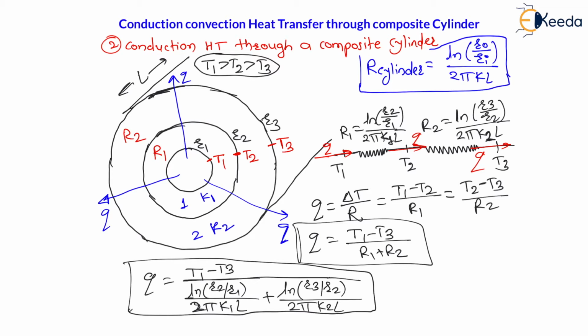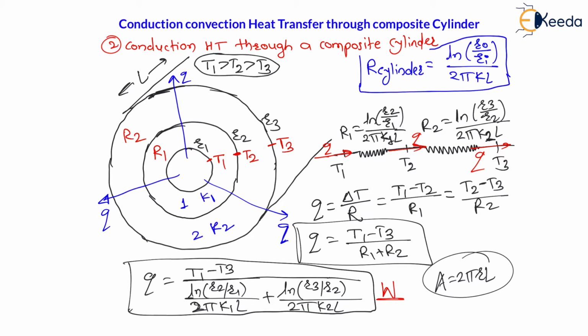Now, my dear students, in the case of a cylinder, there is no concept such as heat flux. Because as the location changes, the area changes; the area for the cylinder is nothing but 2 pi R L, and as the radius changes, the area changes. Therefore, there is no concept of heat flux, that is heat transfer per unit area, for the cylinder. Here, for heat transfer through the cylinder, there is a concept of heat transfer per unit length, right. Now, this heat transfer will have the unit of watt.